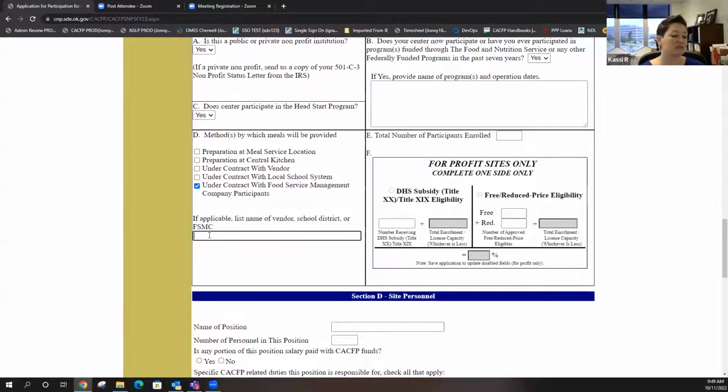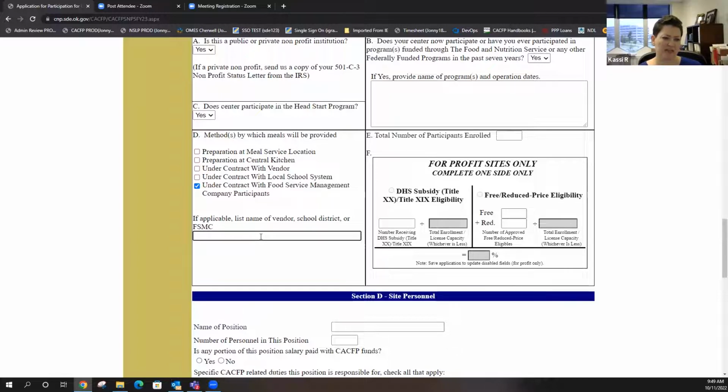This is nothing new that we're already having to do, but it's really to catch our eyes, because we have to make sure that contract's on file. And so it's going to be a little bit easier for us when we see a name here. It's going to stop us and make sure we go make sure we have that contract on file with you guys. If you are contracted with any outside source to provide your meals, you need to go and make sure you have the current contract. And if you don't, those are in the procurement section of the resource library. So you need to get that updated ASAP, or we can approve you for October.